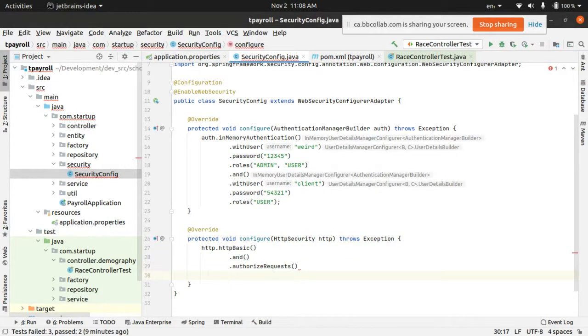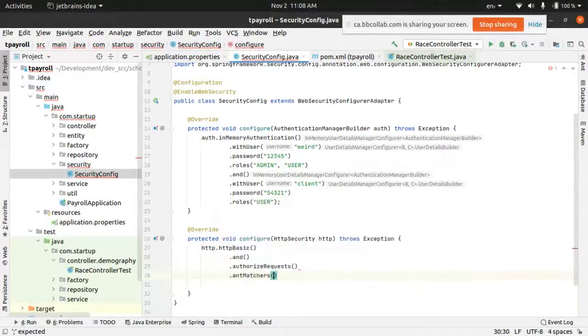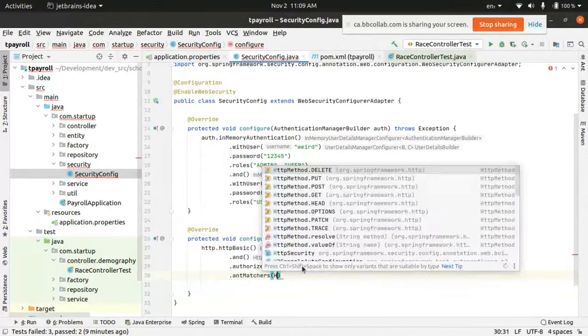Then I need to specify the request that this particular user can use and the request that this one has access to. And you do that using the ANT matcher. ANT matcher takes in a series of string patterns, or takes a method and a string pattern. So let's use the first one, method and string pattern. So we're saying for all HTTP